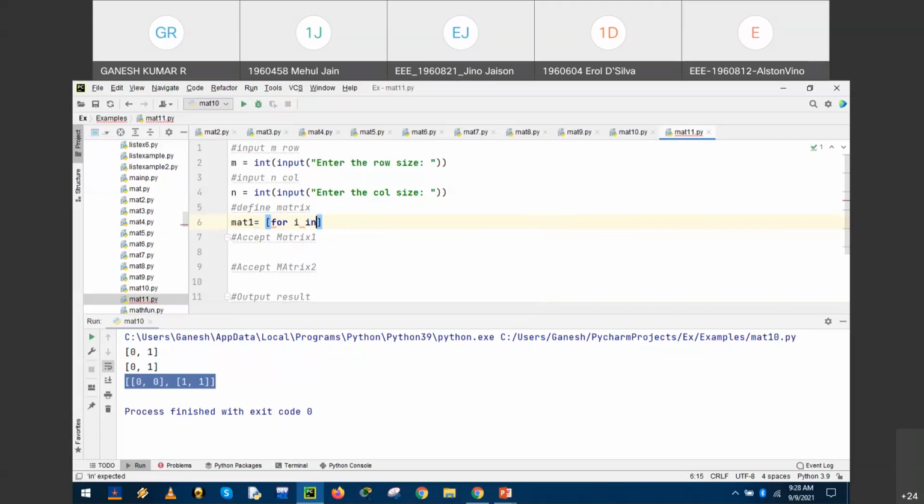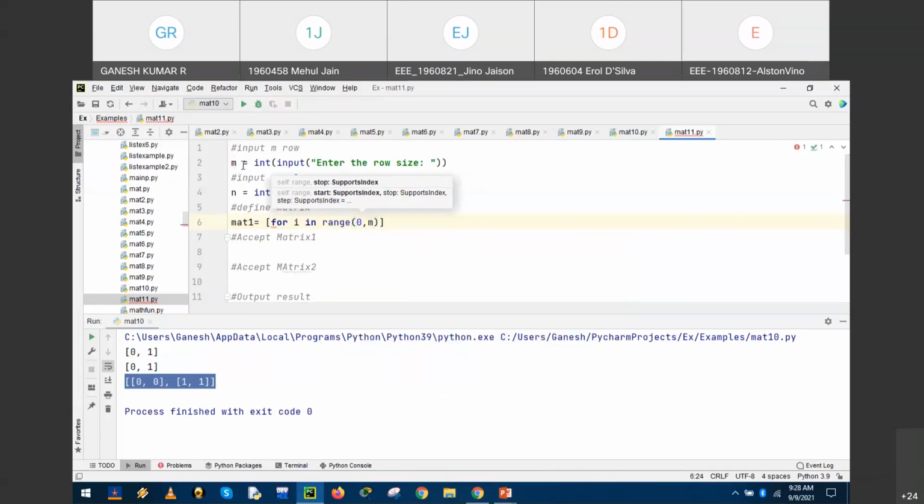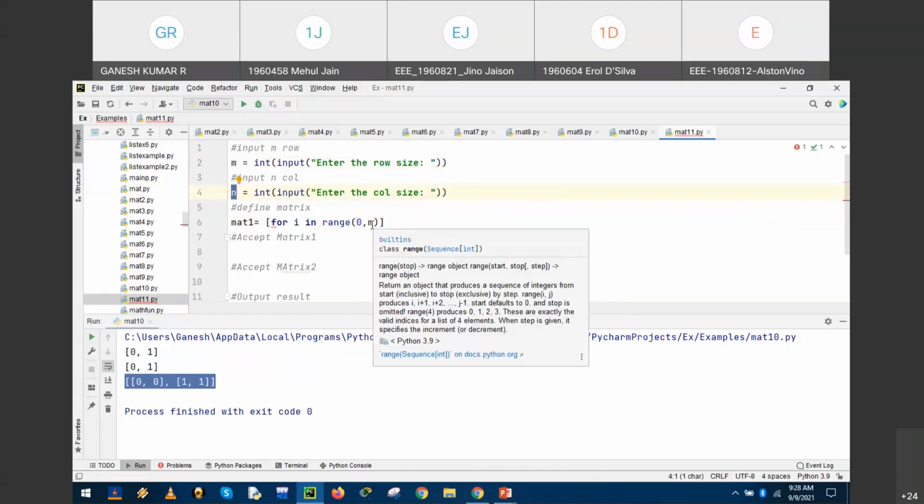For I in range of range of, okay, more precisely we can have, since we have defined m and n the row size, so we can have 0 to m, okay, which means 0 to m minus 1 will be picked. So in general, if we don't define the size, we can have a general function, but we define the size of m and n. So it should be 0 comma m. For I in range of 0, and it will take up to m minus 1.